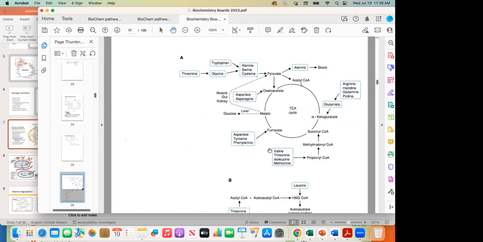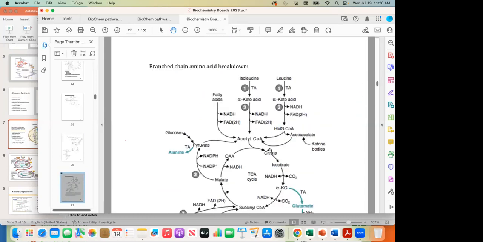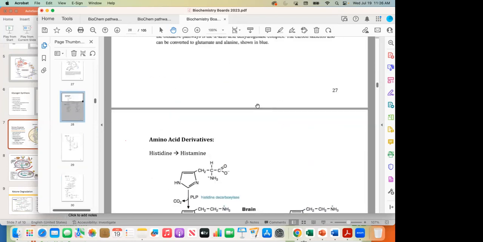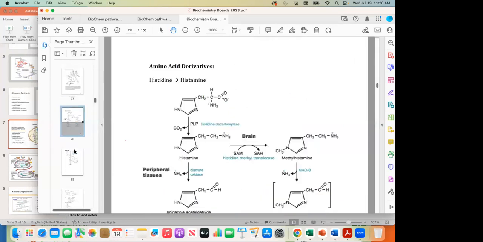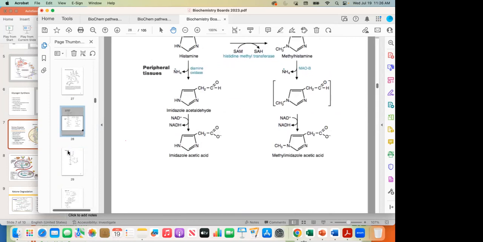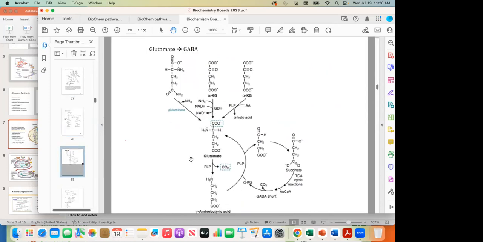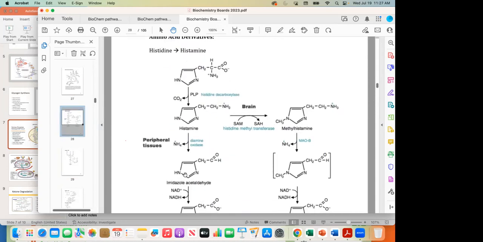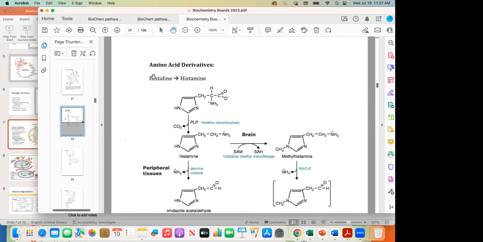So here we go. I'm not going to go through all of amino acids and proteins. This is all the branched chain amino acid breakdown, amino acid derivatives. I don't find them to test that much on this stuff up here, but I do see them often ask some amino acid for neurotransmitter questions. So which ones would I have us focus on? Glutamate to GABA can be good. I wouldn't worry as much about this process as the amino acid derivative for these products. So histidine going to histamine. I would put that to your memory.